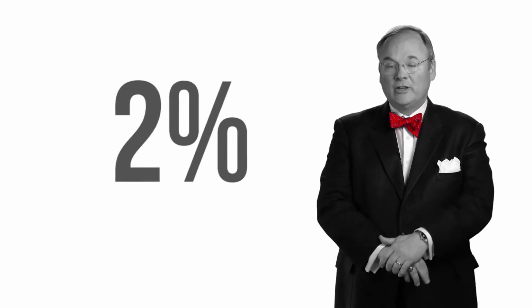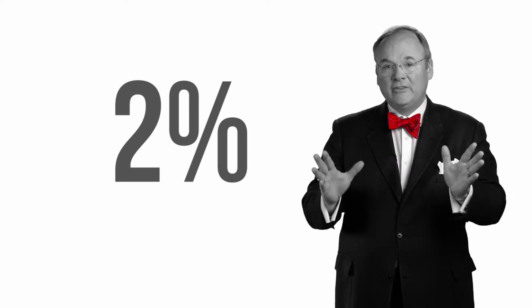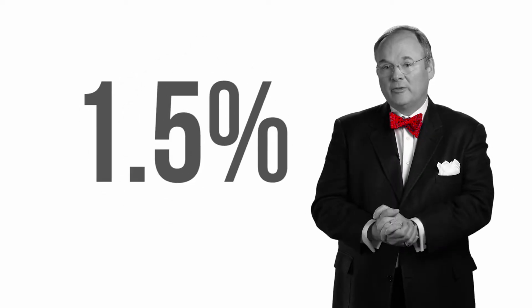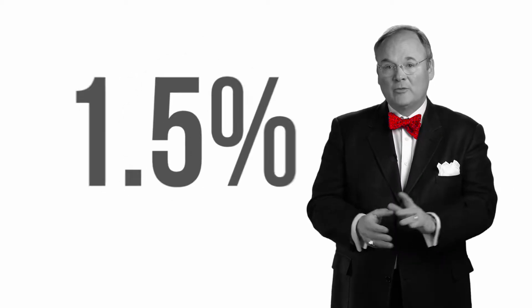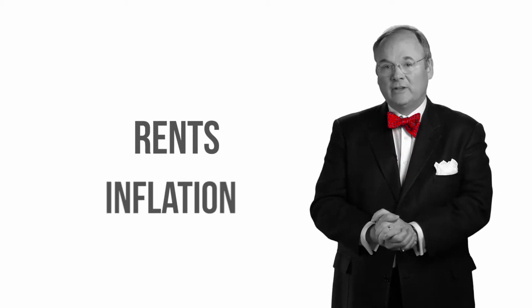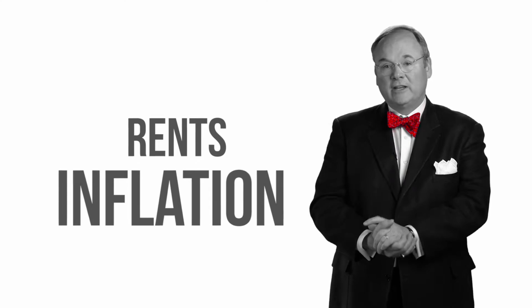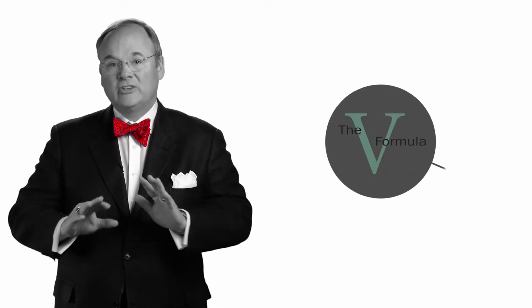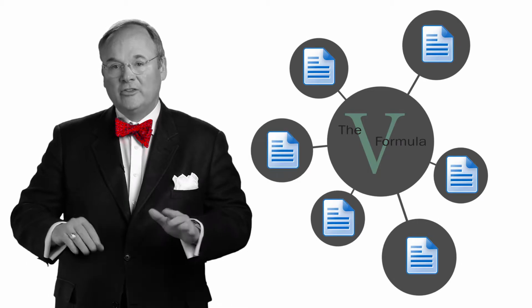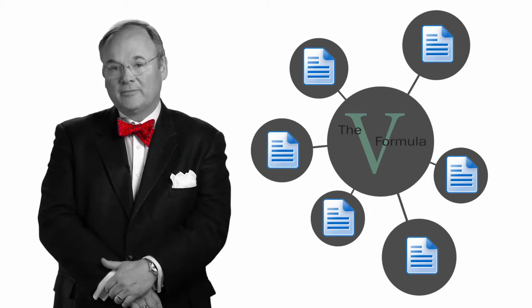In our financial model illustration, we assume that annual revenues increase 2%, but the lease only increases at an average rate of 1.5%. It is not uncommon for rents to grow at a slower pace than inflation, which means that your equity rates of return in future years may be expected to increase. You see, equity rates of return aren't static. They change all the time based upon the changes to the 6 V formula variables.